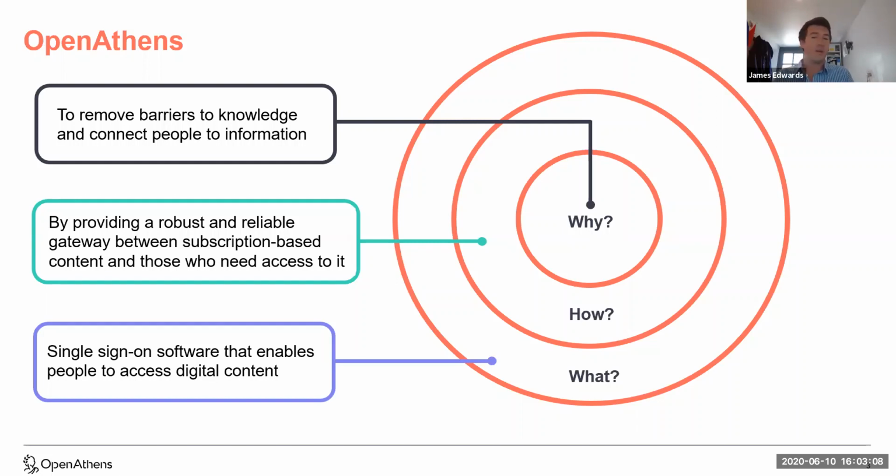Now, single sign-on can mean various different things depending on where you first hear about it. What I mean here by single sign-on is that your users will have one username and password that they will use to access all of the content provided to them. Most importantly, they will also only have to log in that one time. They log in once, and then they can jump between all the different content during that research session.